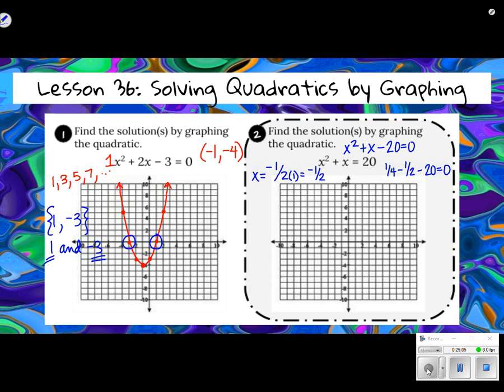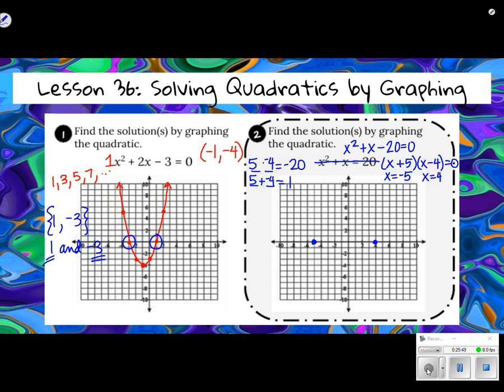Well, could I factor this? Is it factorable? Let's look. That might be a different way to handle this. So remember, I'm not looking at this anymore. I'm looking at this. So two numbers that multiply to give us negative 20 and add to give us 1. How about 5 and negative 4? Okay, so if I'm factoring to x plus 5 and x minus 4, what are my zeros? Negative 5 and positive 4. So negative 5 is right here, positive 4 is right here. So we've got our zeros,